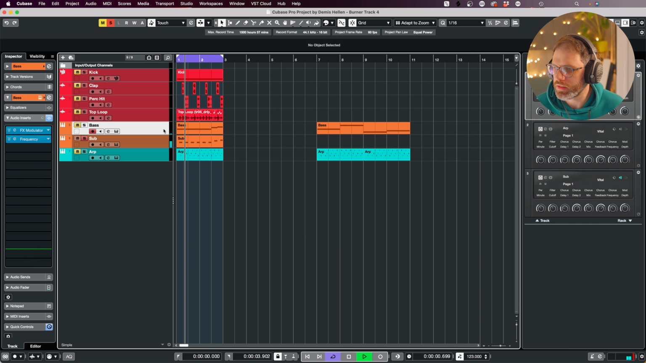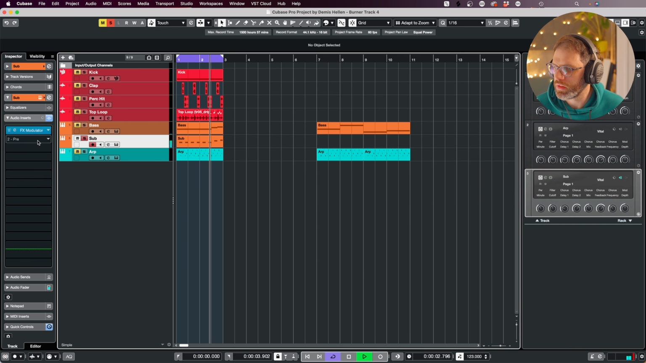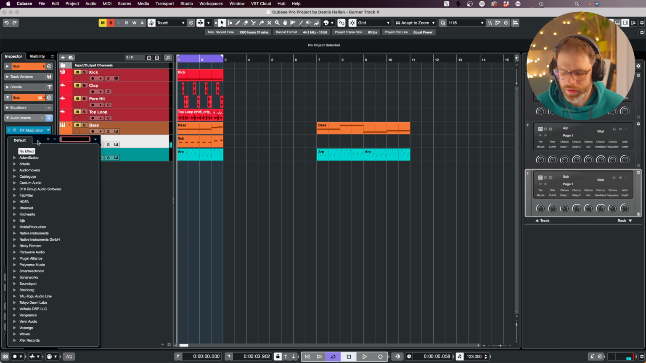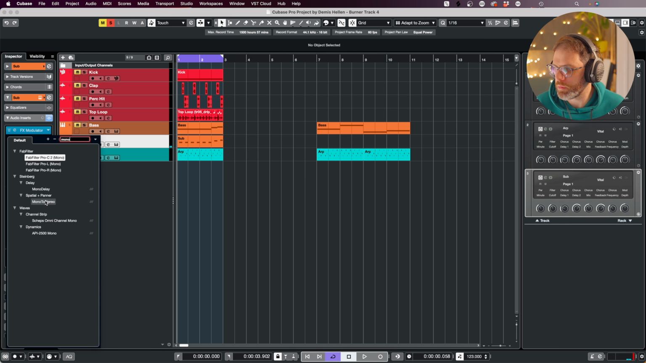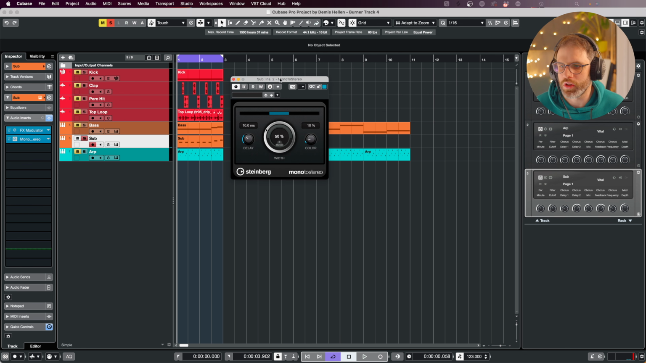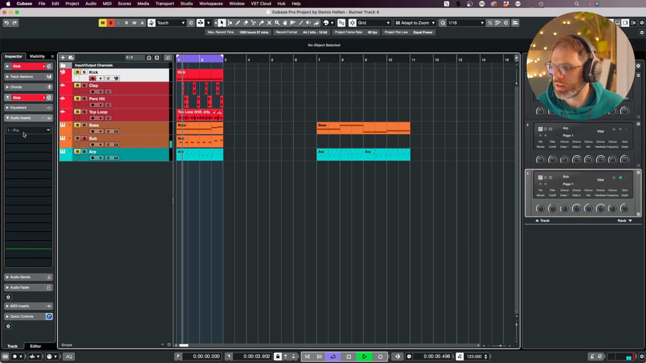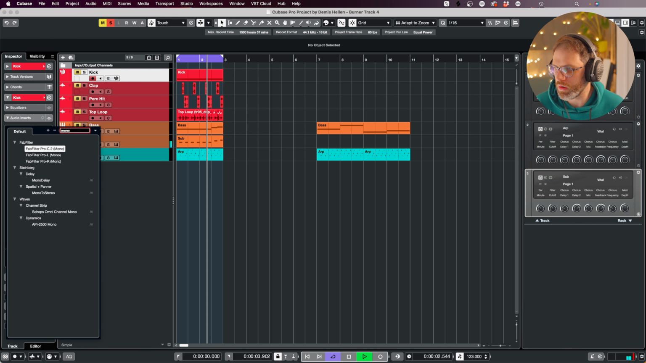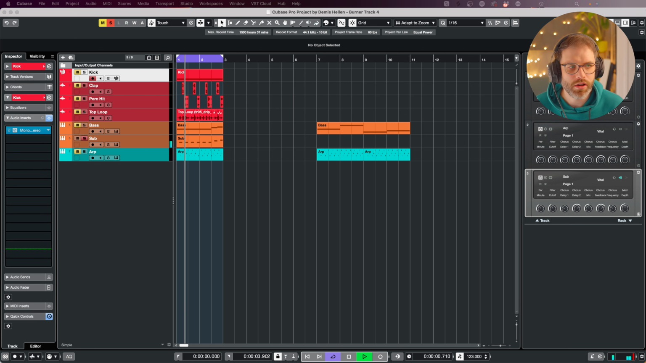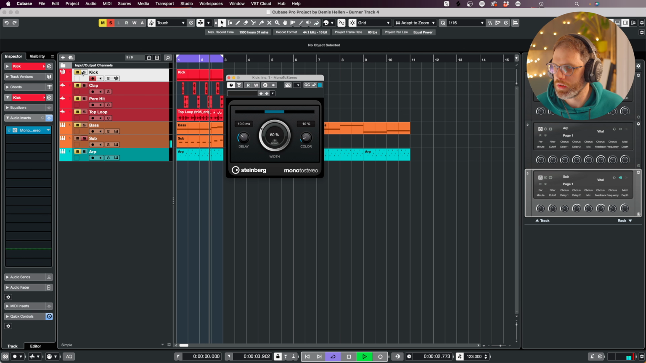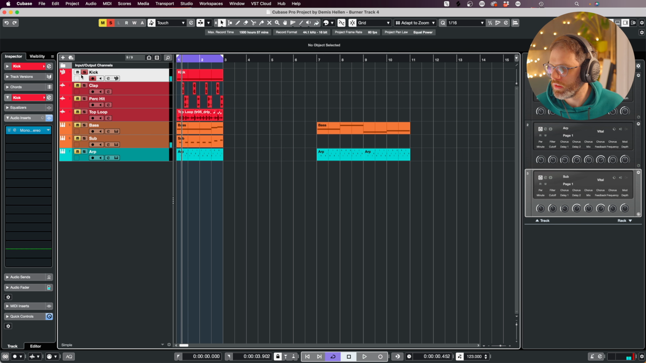With this sub bass, don't know if I'm just going to make this mono, so I'm just using the built-in mono to stereo plugin for Cubase. You can use anything you want. And the same goes for the kick for now, mono to stereo. I want it straight down the middle. So with all that in place,